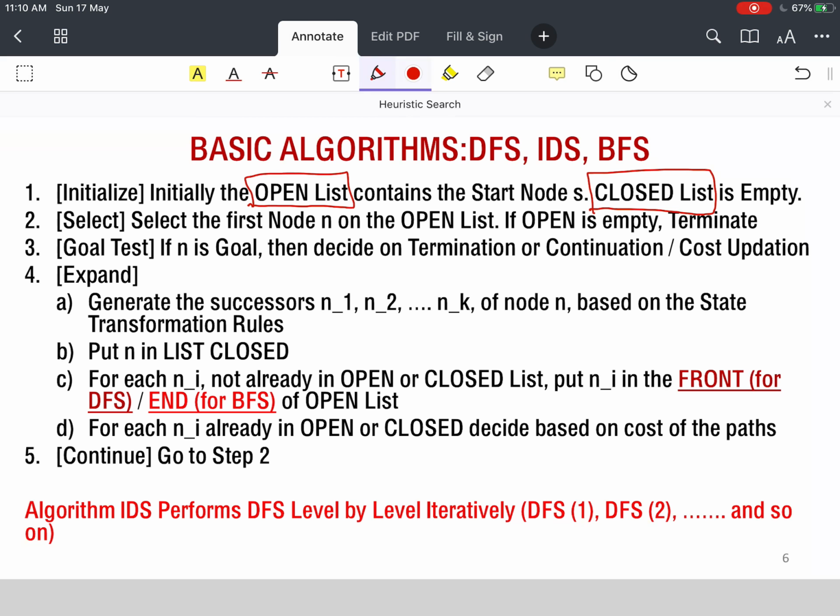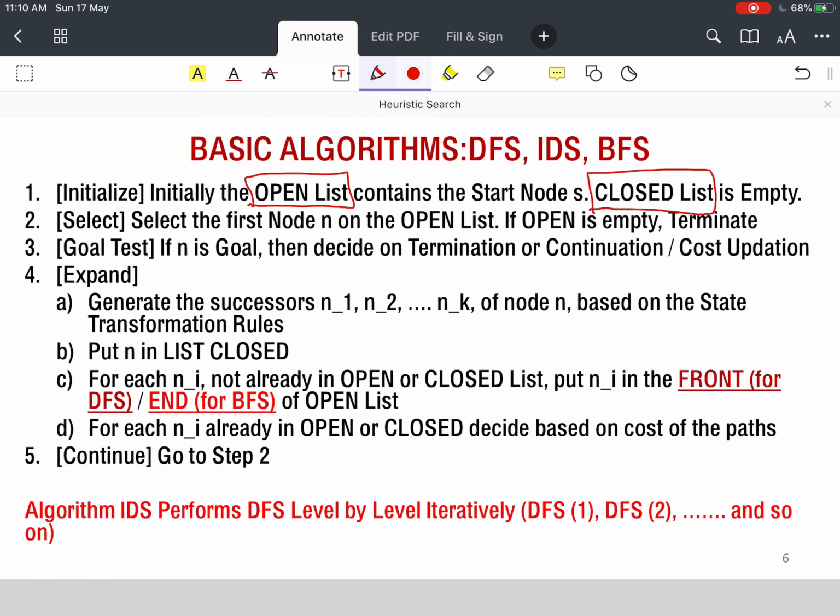There is another list called the closed list, and this closed list is the set of nodes which have already been explored and their children generated. We start with the open list containing the start node and the closed list empty. We pick out the first node in the open list. If the open list is empty, we terminate.